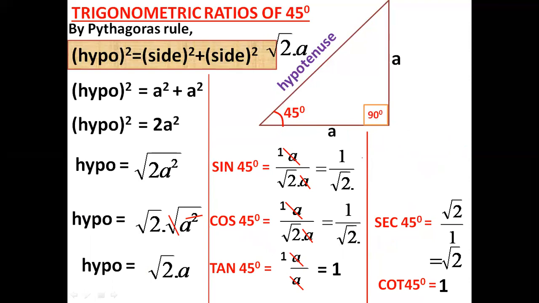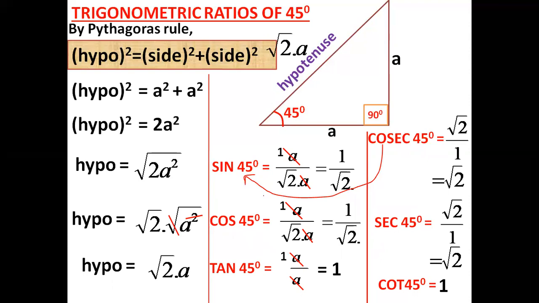Now next one is cosec 45. Here also cosec 45 and sin 45 are reciprocal to each other. If you reverse the result of sin 45 degrees, that means root 2 by 1, you get the cosec 45. That means cosec 45 degrees is equal to root 2 by 1, that is root 2. So cosec 45 value is root 2. Or you can go through the definition of cosec 45. In this manner, you can get all values of trigonometric ratios for the angle 45 degrees.